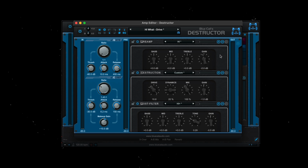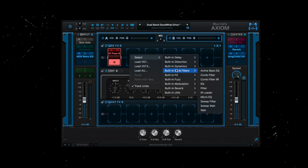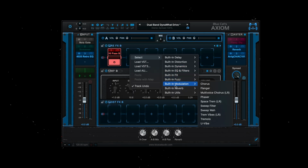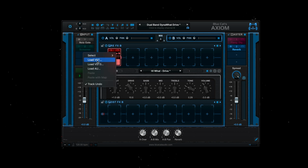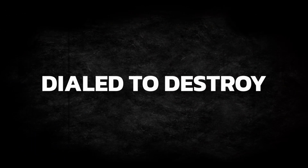The amp engine is powered by Blue Cat Audio's Destructor plugin, which lets you dive deep into how the distortion will behave. You get 100 built-in effects, full MIDI control, and the ability to drop in third-party VST, Audio Unit, or VST3 plugins. But if that's too far in the deep end and you want something a little bit more